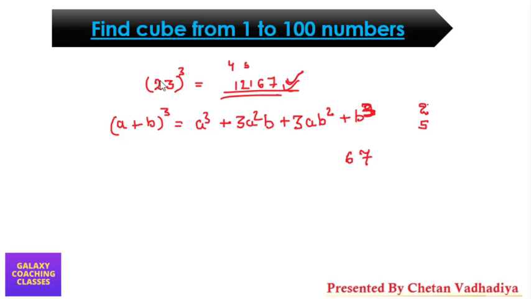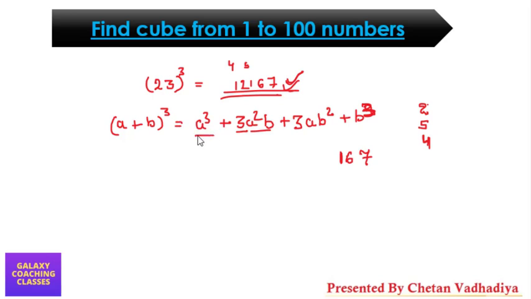Now after the 2, 5. So now you have to do this. 2 square, that is 4. A square means 2 square. 4 threes are 12. 12 multiplied with 3, 12 and this 3, 12 threes are 36. 36 plus 5 is 41. So 1 will come here and 4 will go in carry.